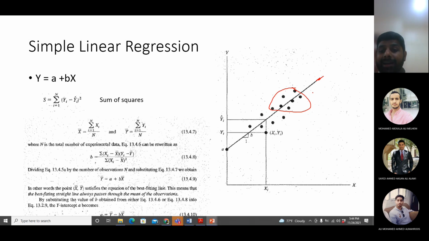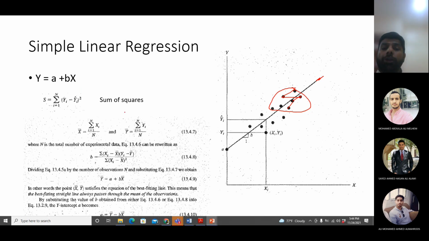Provided that all the points are on the line, finding out the model parameters is not a problem. But if you are trying to plot a best fit line, then the points are not on the line. If I take the slope between these 2 points, it will be different than between these 2 points, or these 2 points. What if I have some random results from an experiment, and I'm trying to put a best fit line on the results of those experiments? How do I find out the values of A and B? A is the intercept, B is the slope. How should I do that?